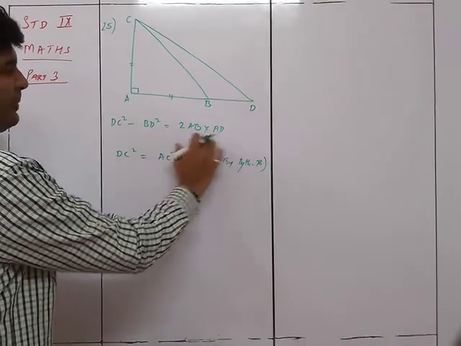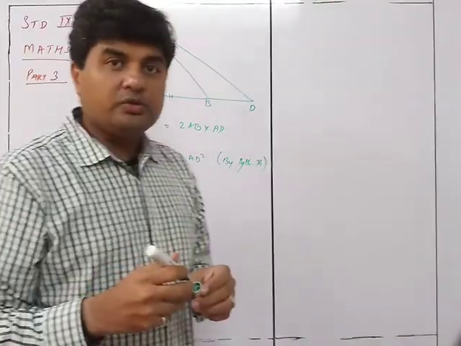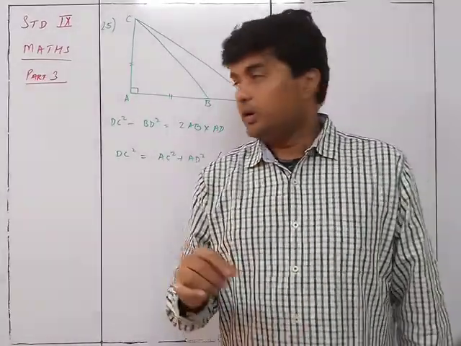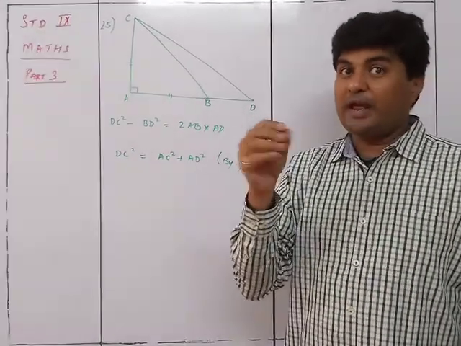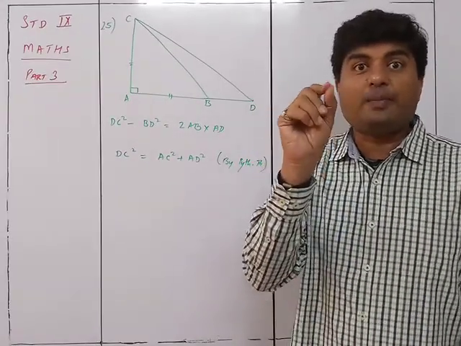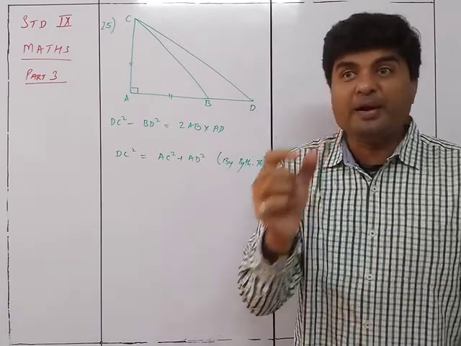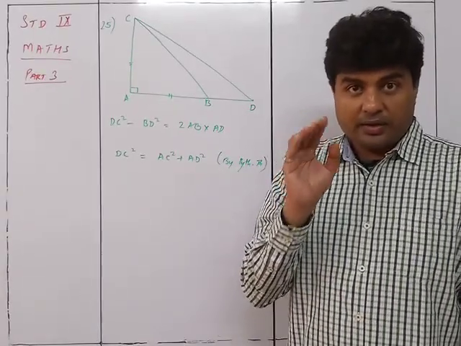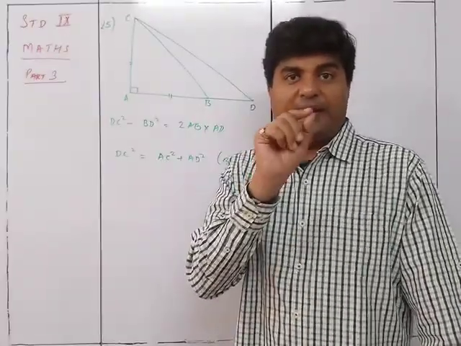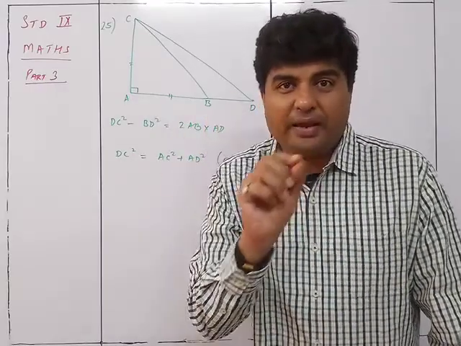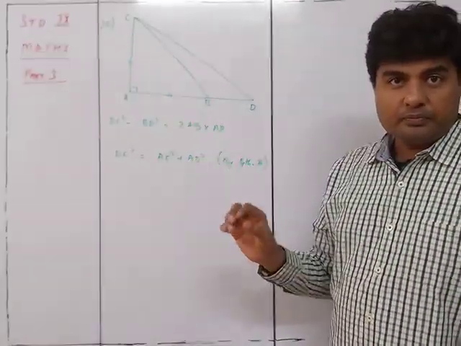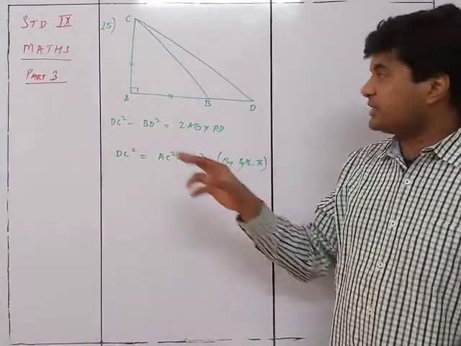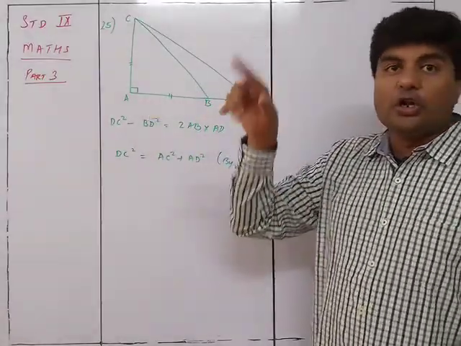Now because 2AB AD is visible, something should strike. What should strike to you when you see 2AB AD? Somewhere there was (a plus b) the whole square, whose middle term is left here. Whenever you get (a plus b) the whole square, you get a square plus 2ab plus b square. This 2ab is nothing but 2AB into AD. AB is a and AD is b. So it is 2AB. So where could that be? When AB and BD, the whole square.